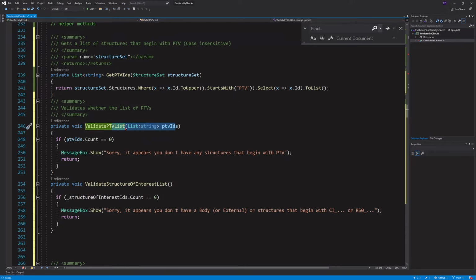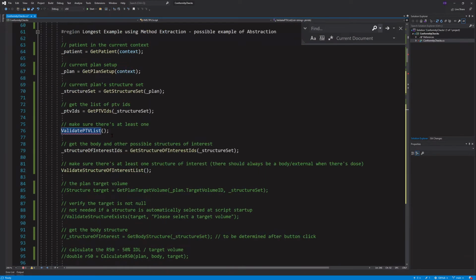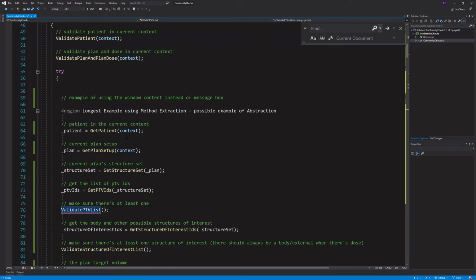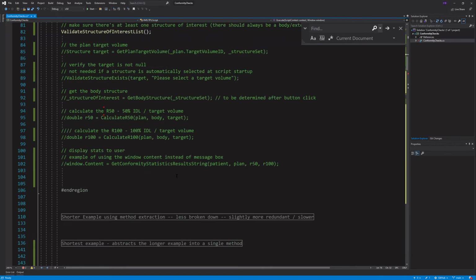When we see it up here and there's nothing passed into it, yeah, it makes sense, but everything else that we've tested up here, there's something that's passed in, right? So then we know that it's from the current context, right? So like we could say PTV list, but it doesn't necessarily have to be this PTV list. It could be something else, right? But if we pass in that list, then we can just assume it's a little more discrete, a little more clear that that's what it's testing. So let's pass in PTV IDs, right? Okay, so